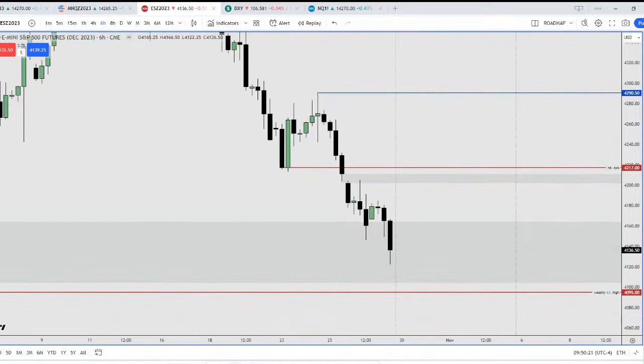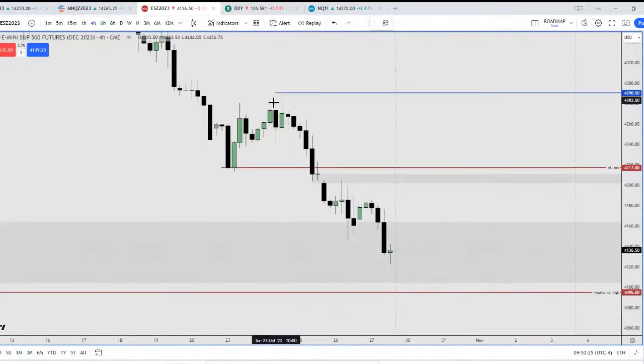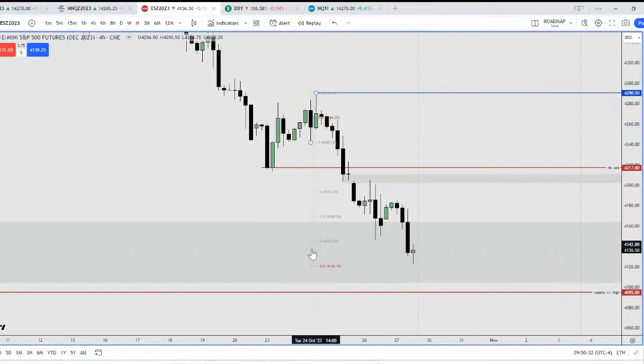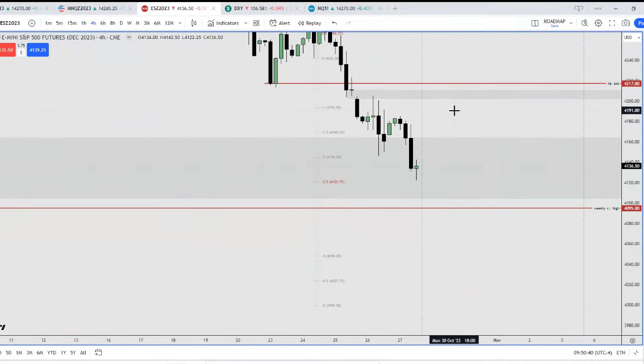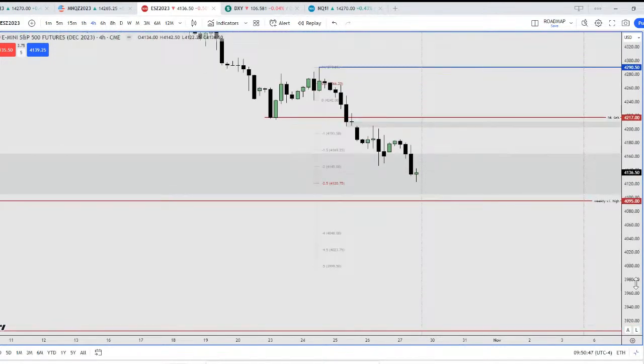Right. So if I drop down to the 4 hours, right, I'm gonna use the fibs for projections once again. So we're trading right within 2 to 2.5, and I want to see if we can retrace back up into this order block and then send it lower, because I'm more bearish on ES as compared to Nasdaq. Okay, so it might just want to keep on rolling lower, right?